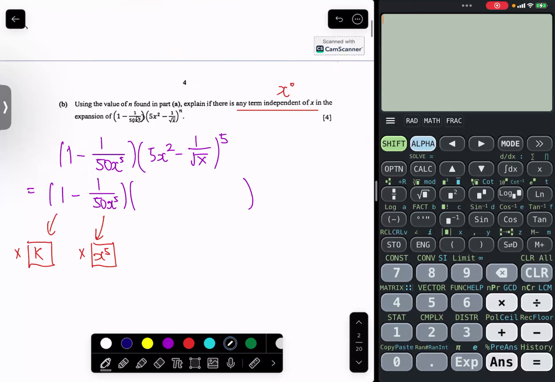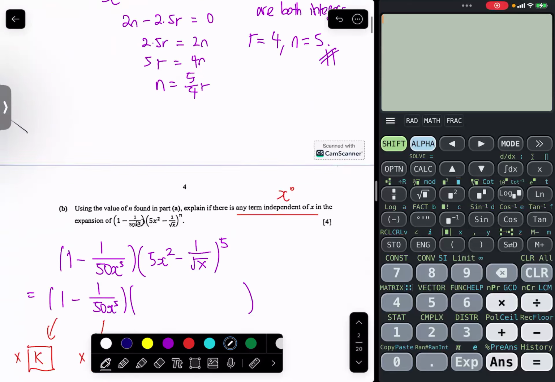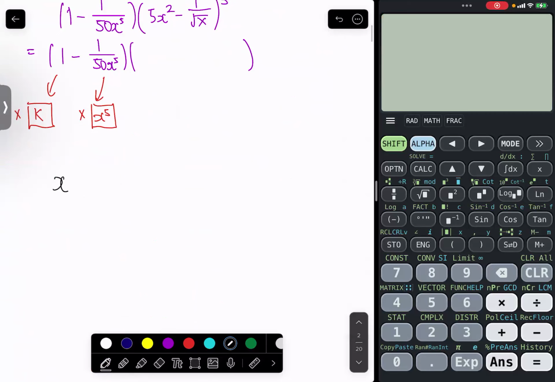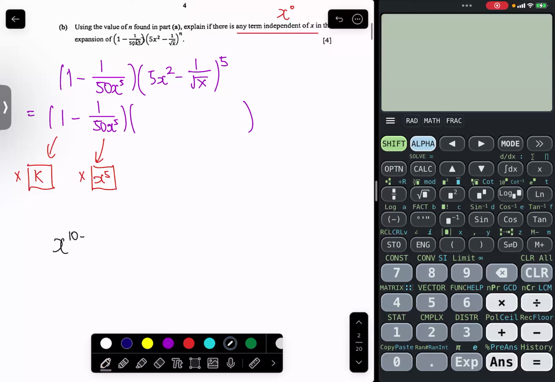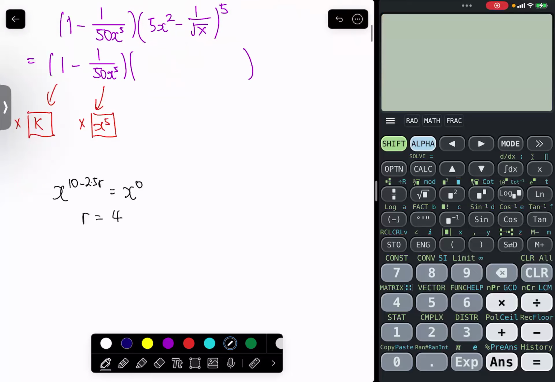Okay, what's the power of x again? X to the power of 2n, x to the power of 10 minus 2.5r. Okay, so for x to the power 0, r must be 4. We already know that. Okay, now, but if I want x to the power of 10 minus 2.5r to be equal to 5, is